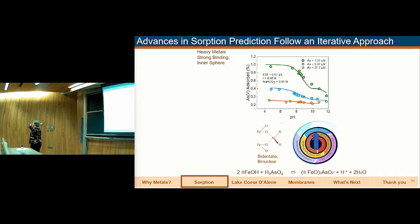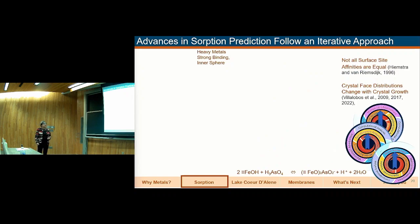Now, I'm not going to go through this because I think you have the idea that we can keep cycling through this, and over the years, people have said not all surface affinities are equal. So in 1996, Hiemstra and Van Riemsdijk said, hey, not all surface sites are equal, but we actually knew that because Dzombak and Morel had weak and strong sites. Okay? But they created a model called the charge distribution multi-site surface complexation model, or framework, and people have adapted that, including myself. And then Villalobos came along and said,